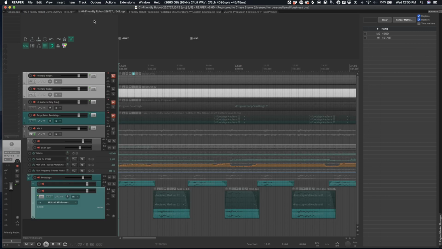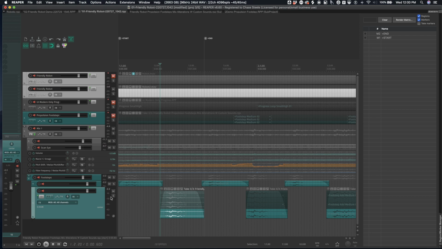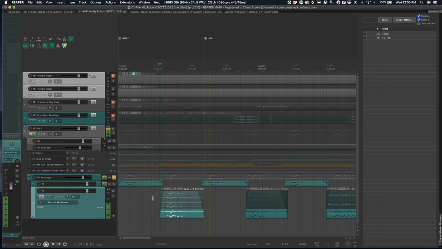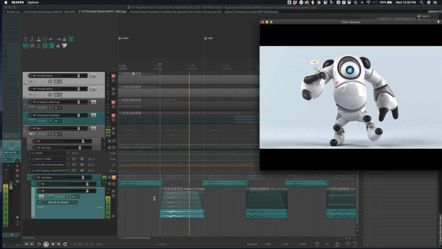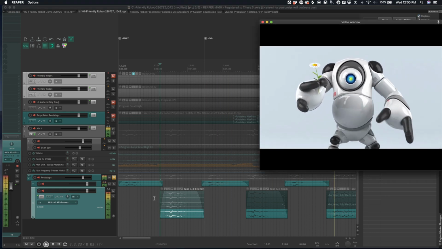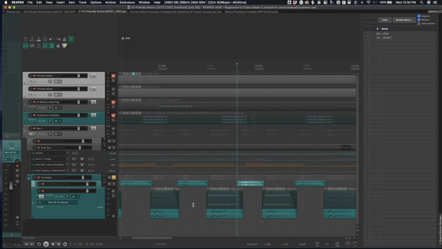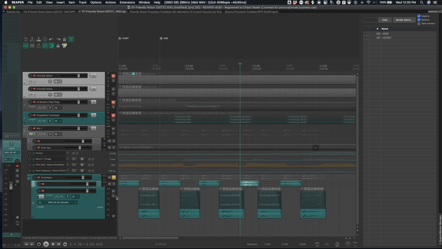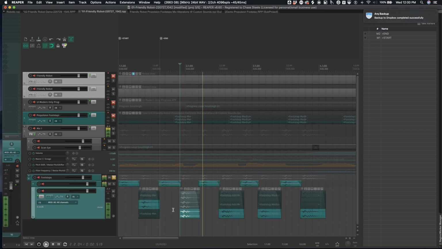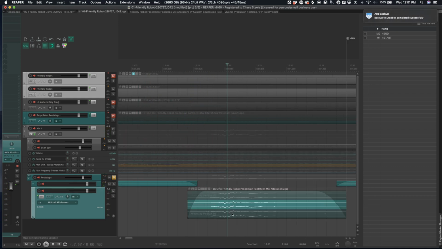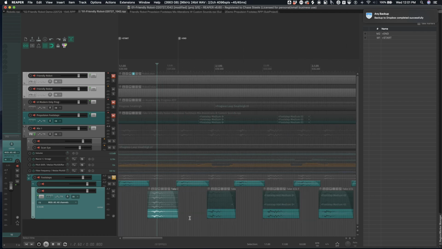So if I go to my actual finished design Reaper project here, you can see what I've done with the footsteps. Well, you've already heard it, of course, and I did the same principle. So if I go down here and start switching things, my version is that third take.